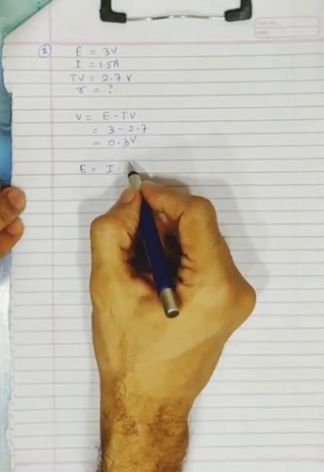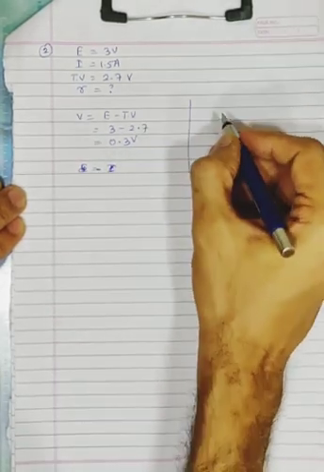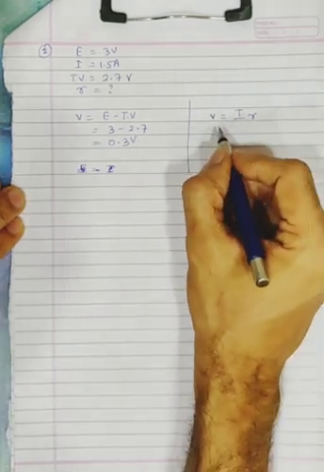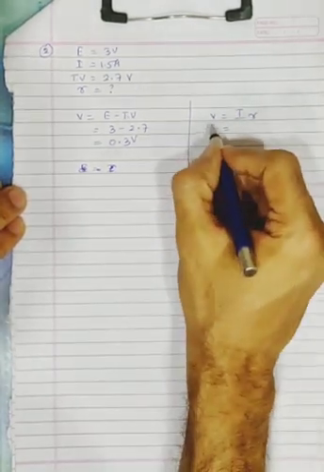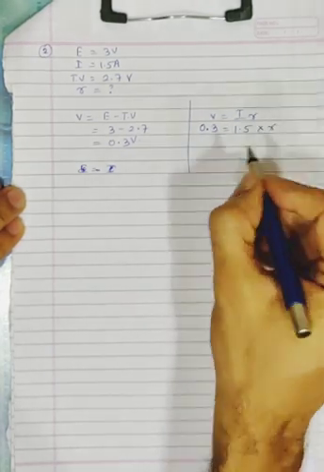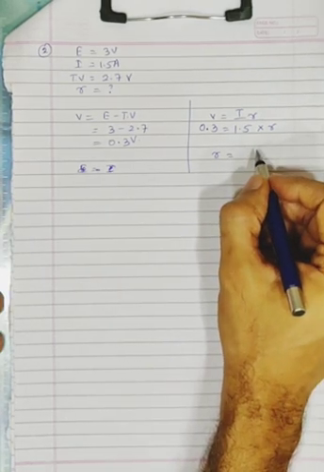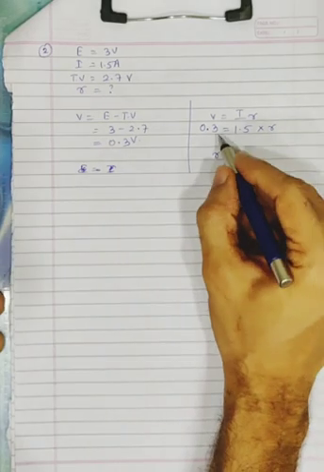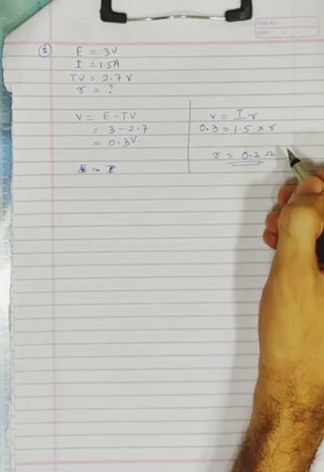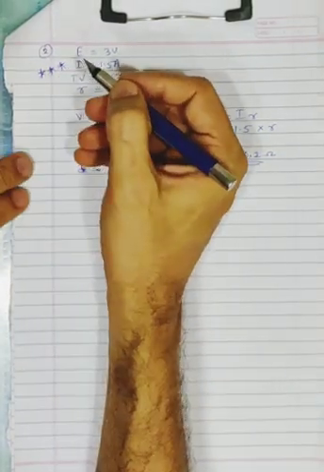Sorry, we don't need to use this formula. You only need small r now. So we can directly say that small v is equal to I into small r. What is small v? We already found 0.3. What is I? 1.5 into small r. Solve for this, it will come as 0.2 ohm, because you get 1 upon 5 here. 0.2 ohm. Done. So this is again a 3-star problem. It will come for 3 marks in your exams.